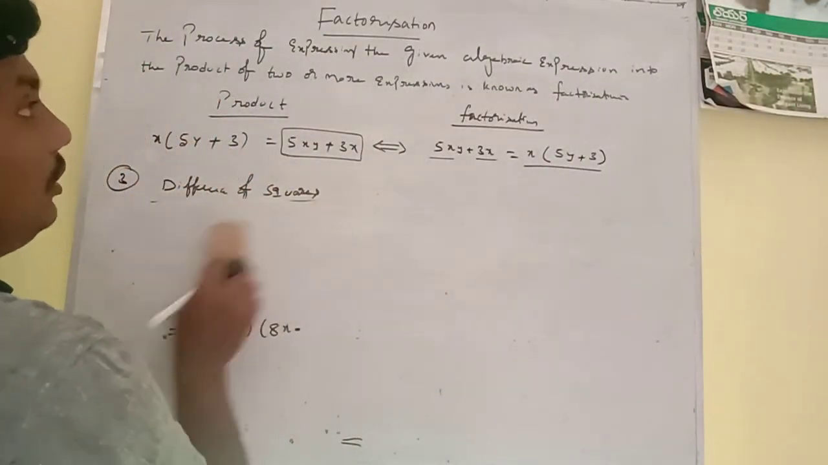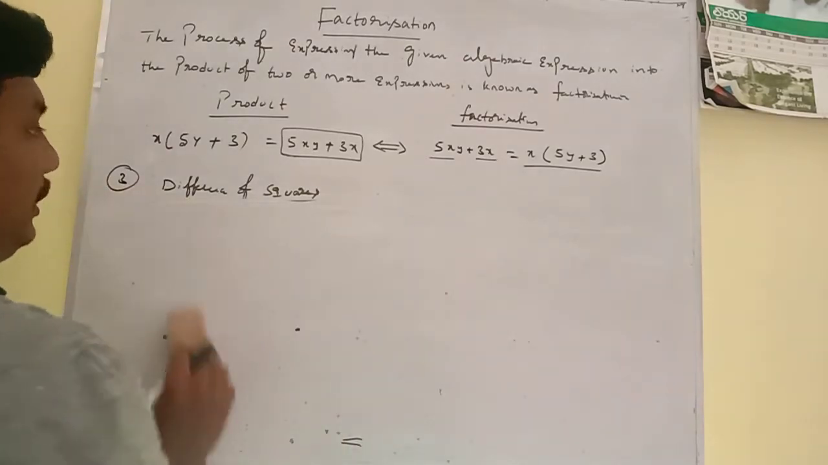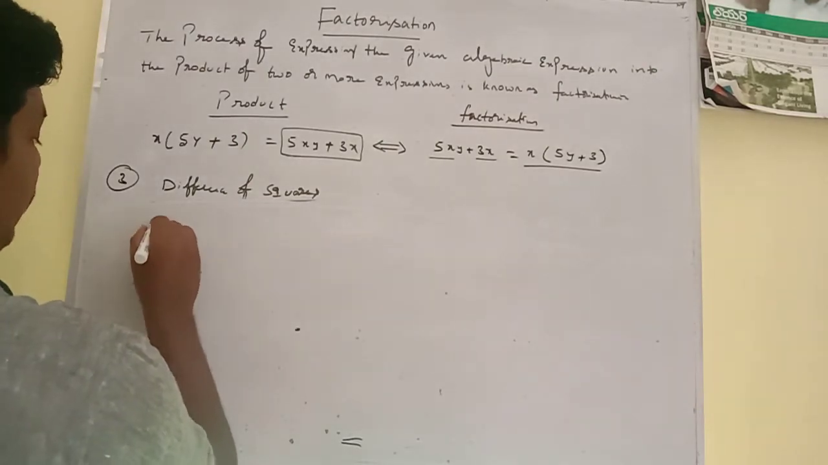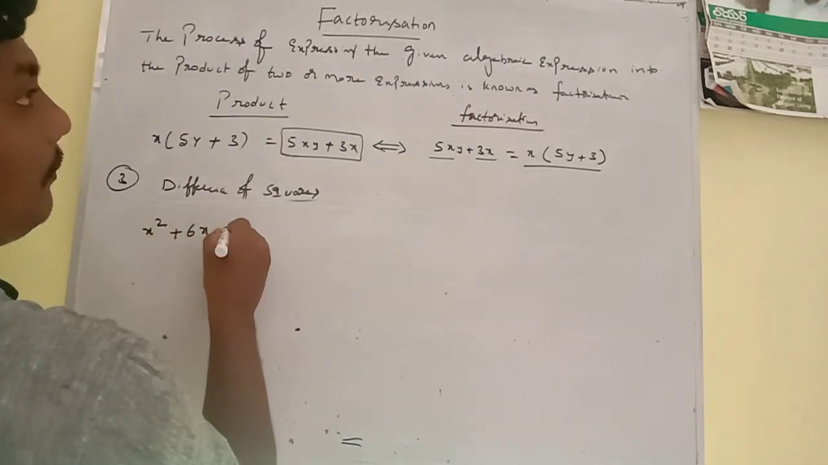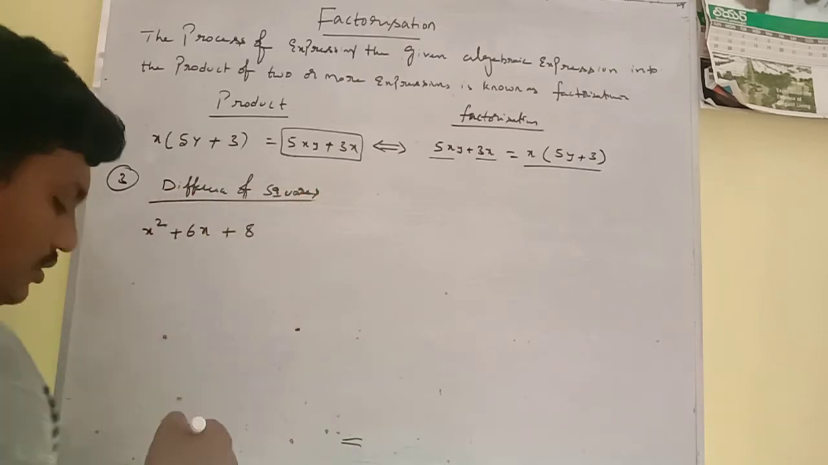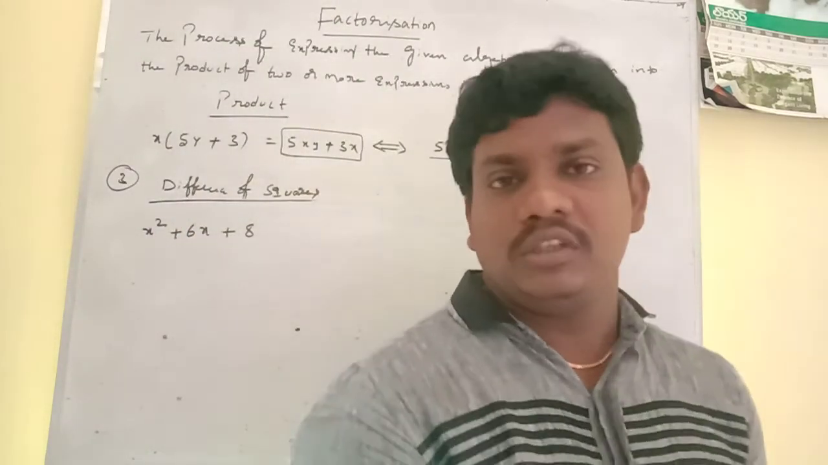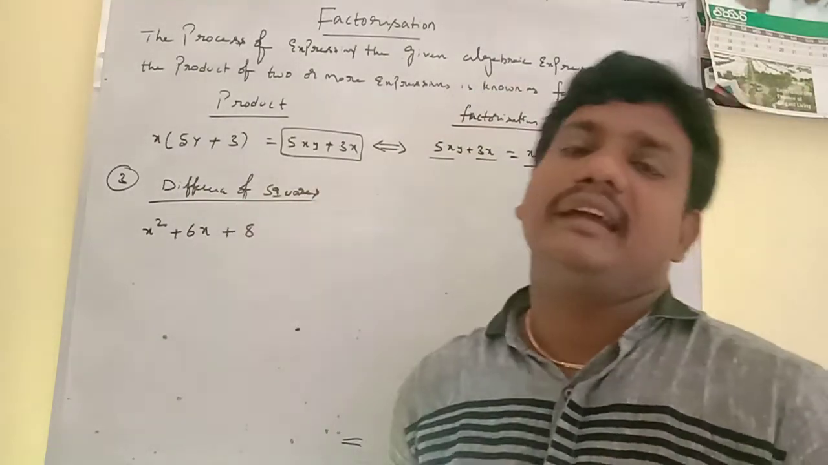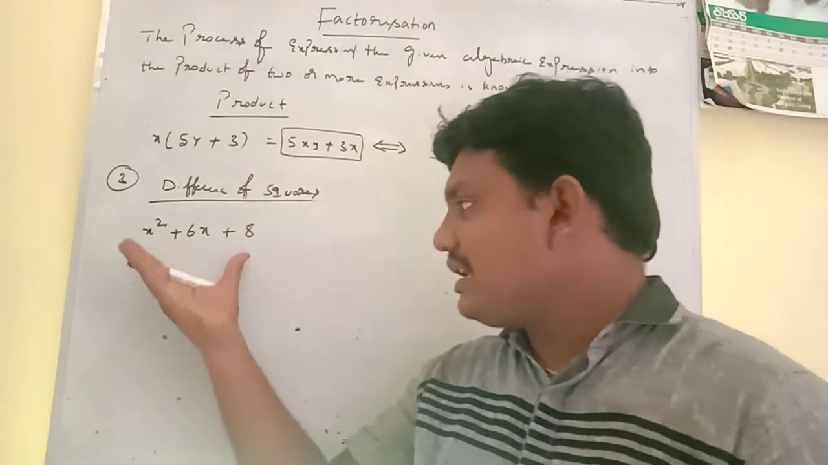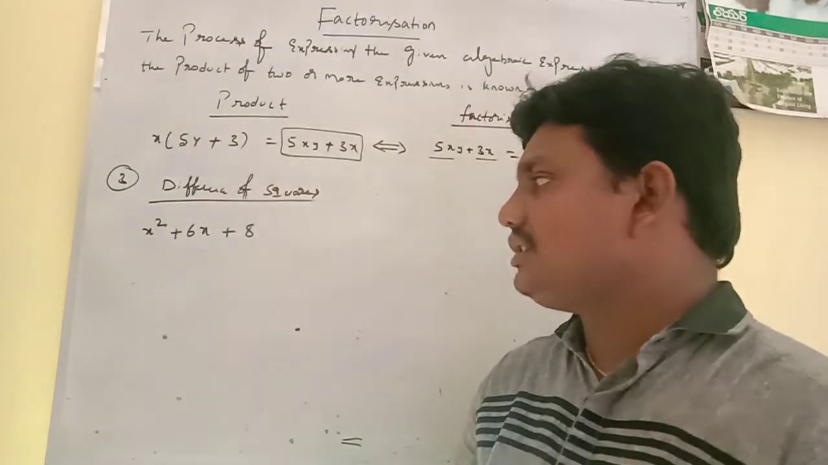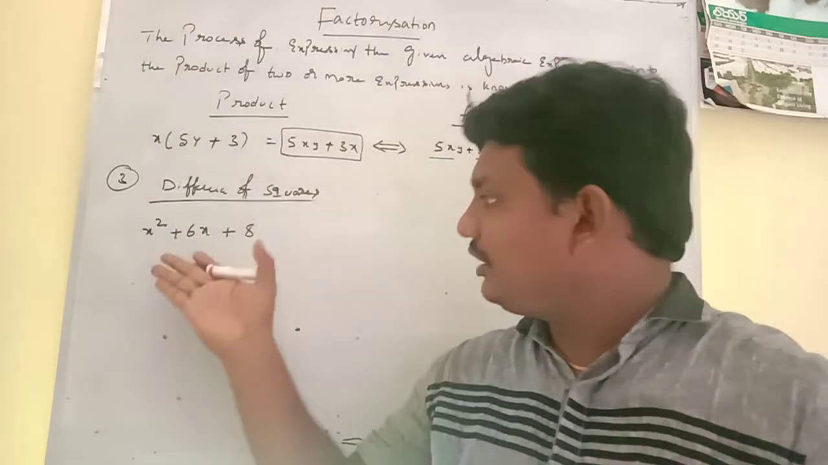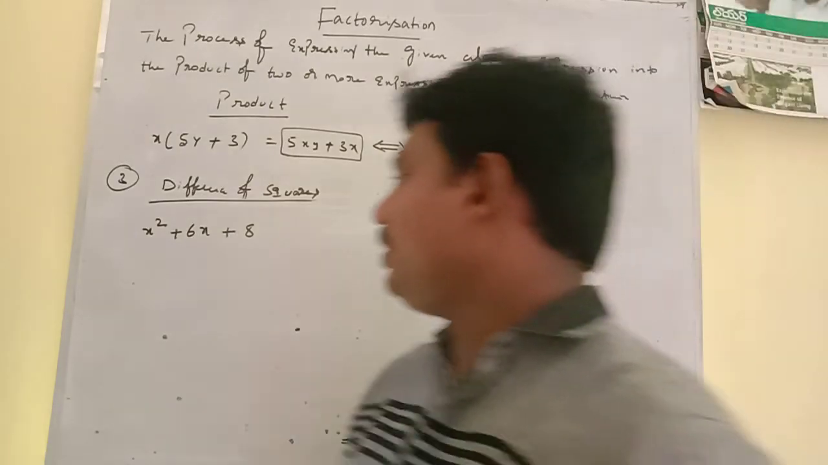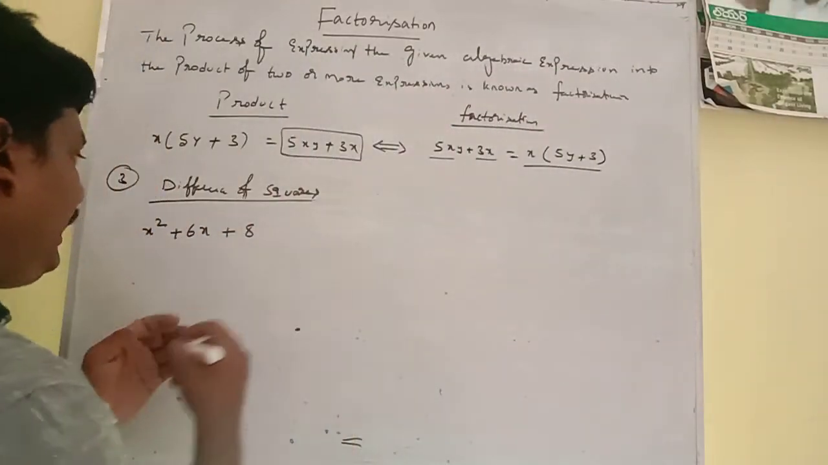So now we are going to find one more question by the difference of squares. This is also a very important topic. X square plus 6x plus 8. How to factorize the given expression in the form of difference of squares? There is no difference because there is no minus value. So how to find the difference? So logically we are thinking that, I am going to write this question as